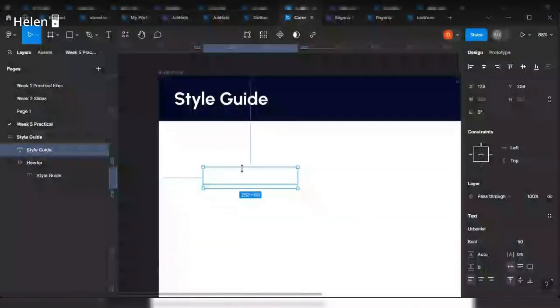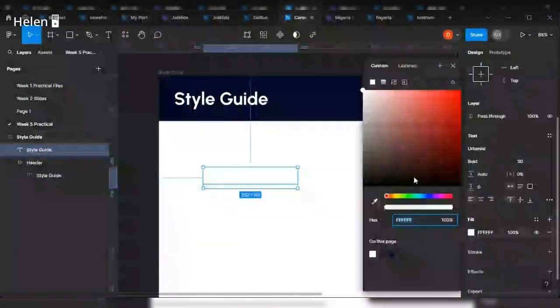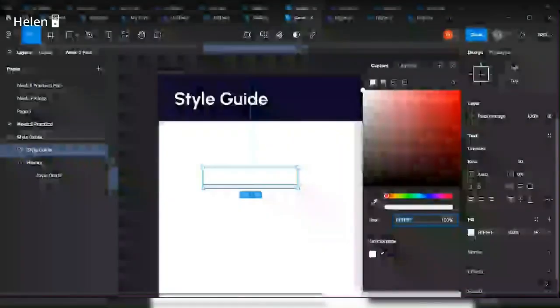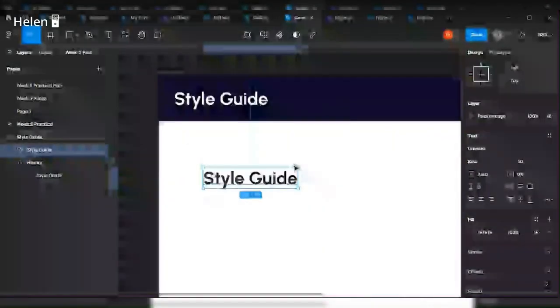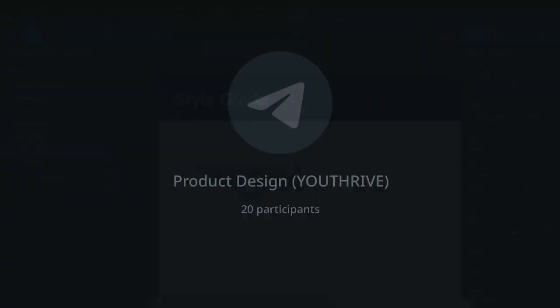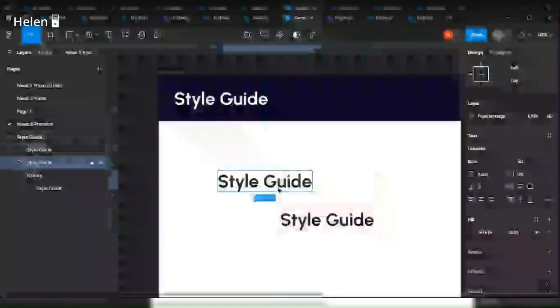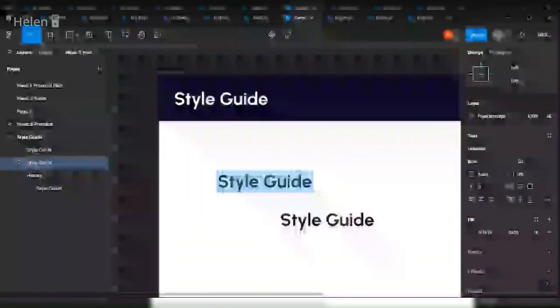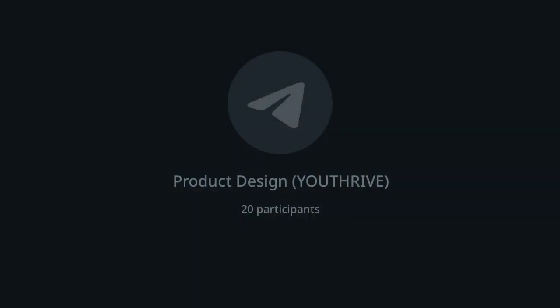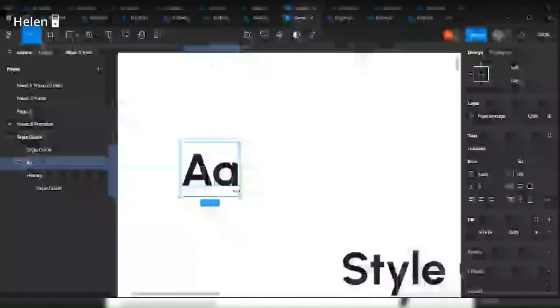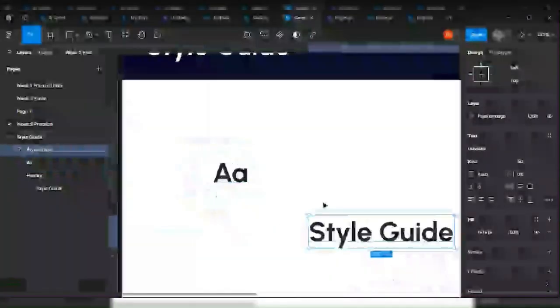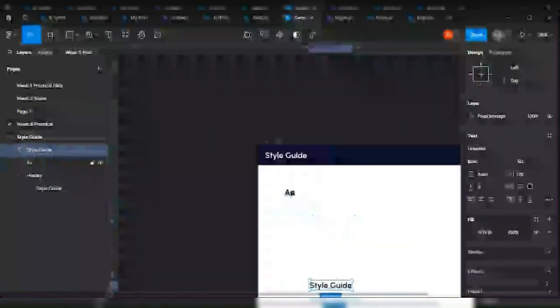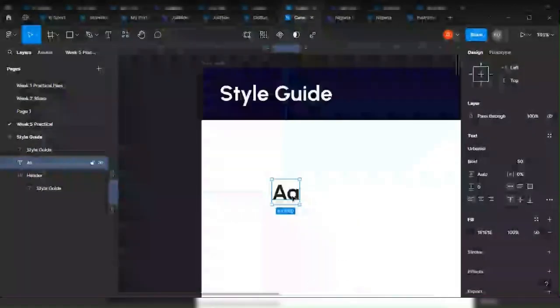So this is a dark gray color. So I'm going to duplicate it out. So I'm going to use letter A and small letter A. Now this is what I have. So I'm going to increase the weight of this font. I'm going to increase it very well, because I want to say, okay, this is how the style looks like,